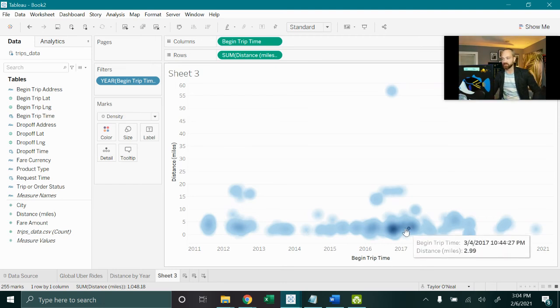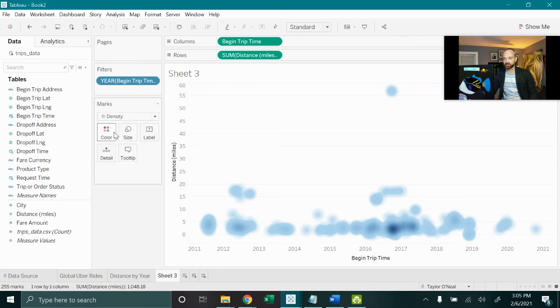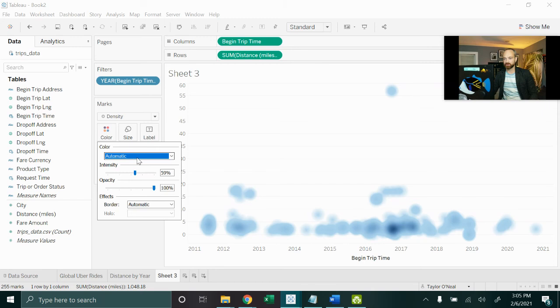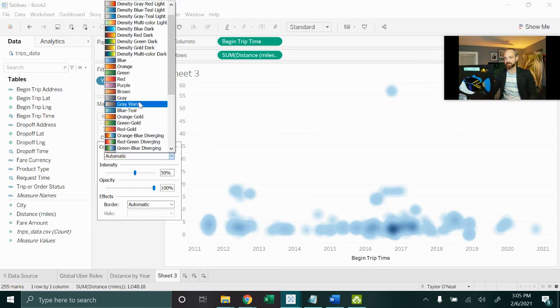And because this is a density chart, you kind of get what I was doing with the circle chart across the globe with that sort of opacity. And so we're going to change this to a different color. So here in the color mark type, sometimes you'll just have the ability to do a single color. But when you have something more complex where you drag it onto the color box, where if you dropped a measure there, like distance miles, or you change it to a density chart, you get this more complex one where you can choose a gradient, and you can see